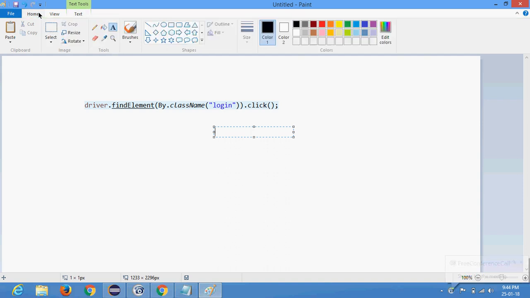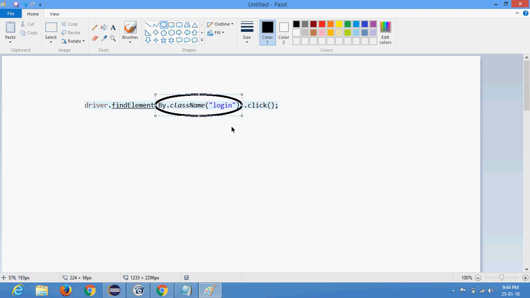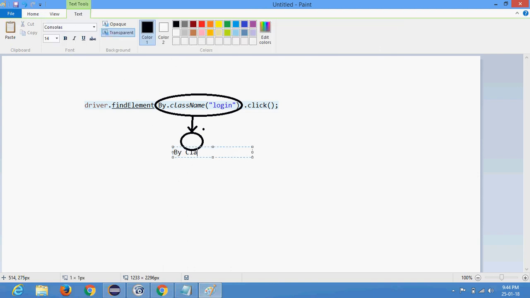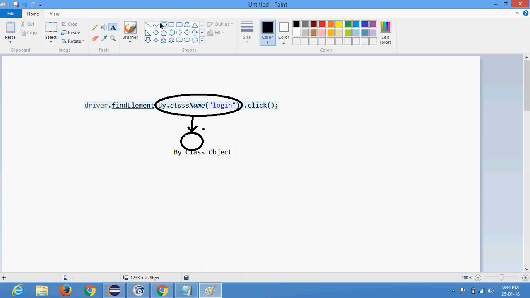As you can see, there are a few things. The very first method that will get called is By dot class name login. This is the method which will receive a call first. Now this method is going to return an object of the By class. Do you agree with this? This returns an object of a By class. Let's say I'm writing that object here. And that By class object will be used